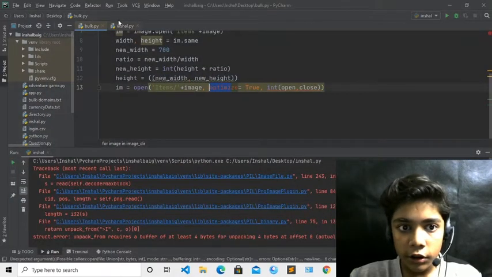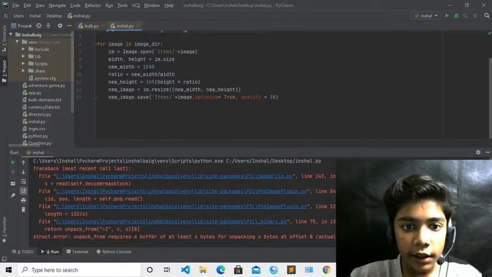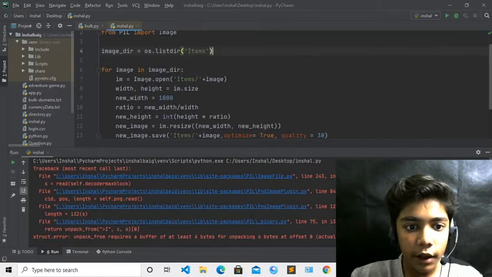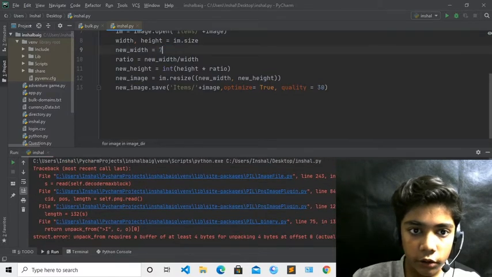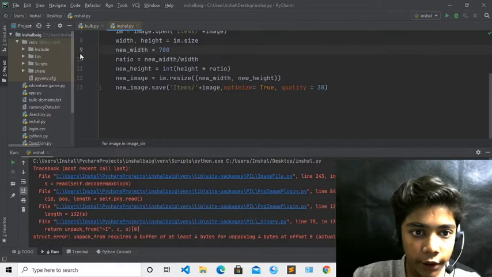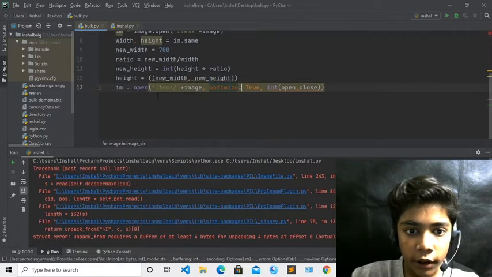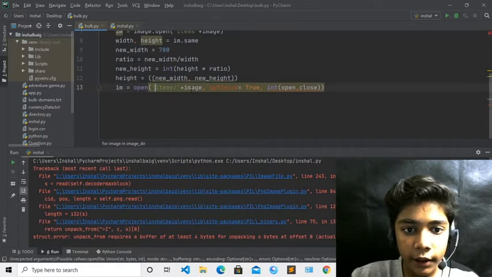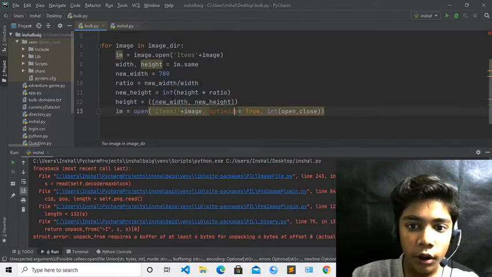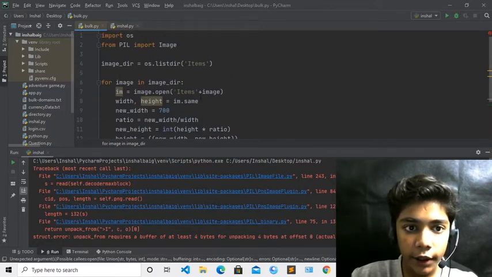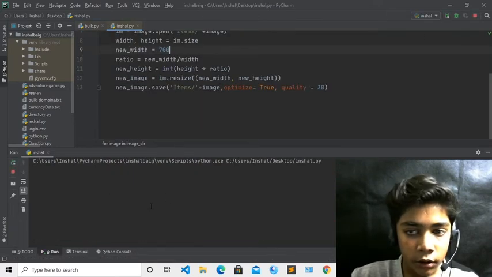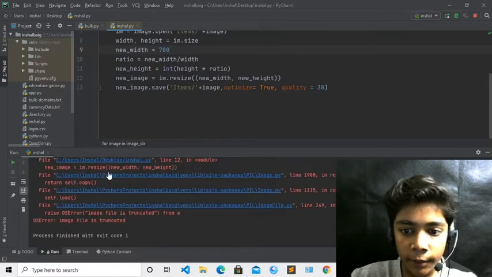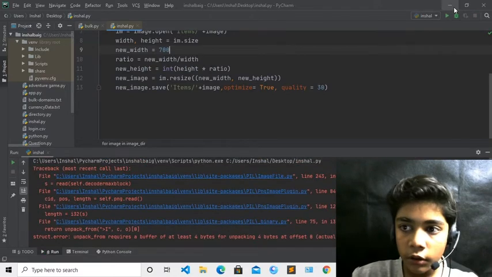Now when you have done that, you can see the size is coming 1000 over here. The size is coming 1000 for this image, so I will change it to 700. If I do that, you can see it is coming items plus image, and now it will be good. If I do that again and run from here, you can see it is taking some time, and this error you have to just ignore, like I have told you.